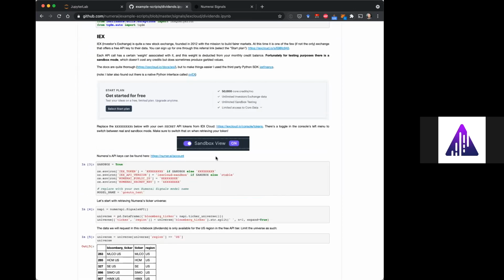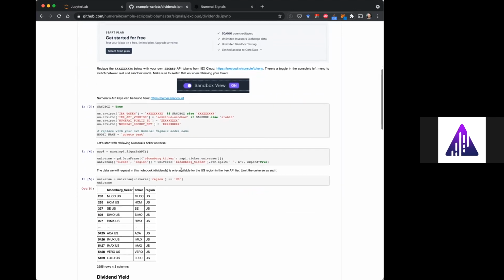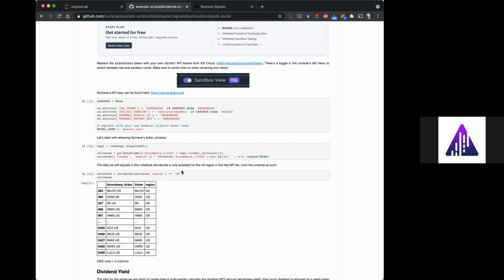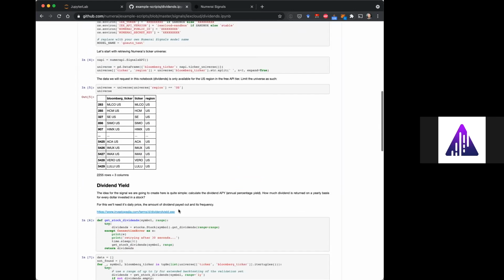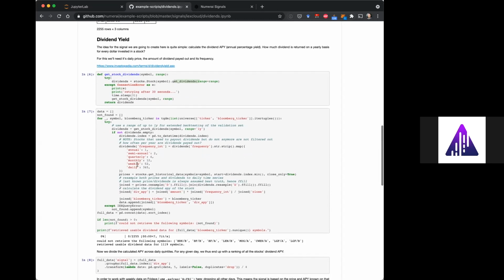Let's see. So this is just basic stuff, logging into the APIs, both IEX and Numerai. Filtering here for the US, and here you see 2,200 out of 5,000. And then get the dividends. There's a couple of different frequencies the dividends are paid out in.